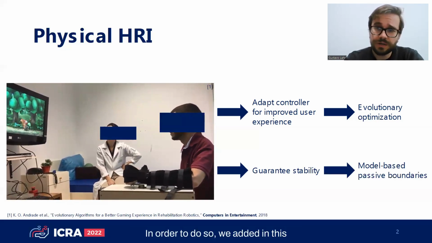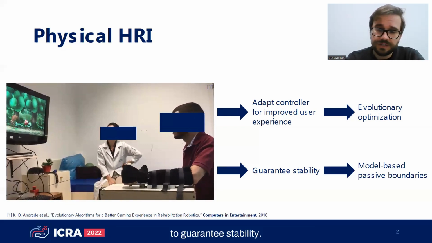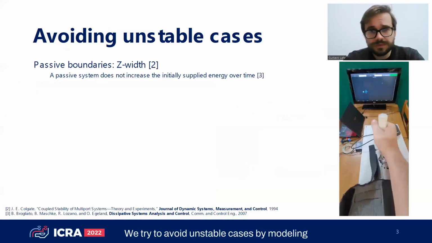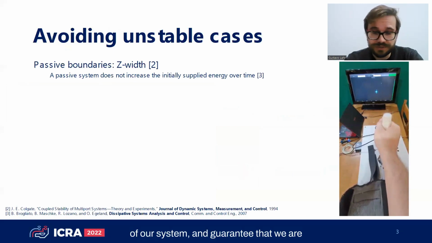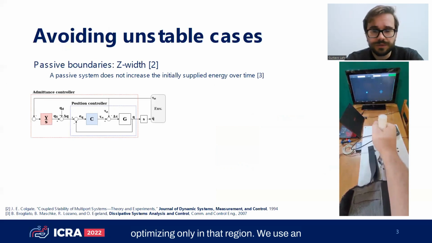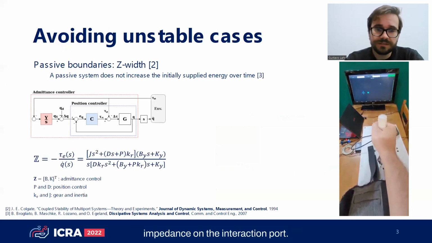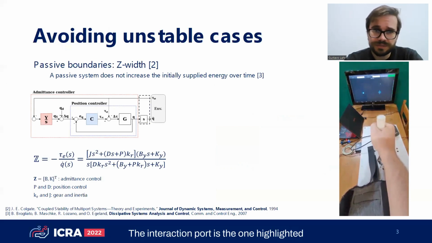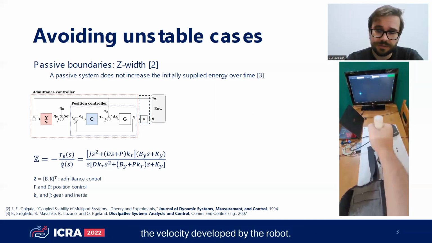In order to do so, we add model-based passive boundaries to this evolutionary optimization to guarantee stability. We try to avoid unstable cases by modeling the Z width of the controller of our system and guaranteeing that we are optimizing only in that region. So we use the admittance controller and we model the impedance on the interaction port. The interaction port is the one highlighted, for the torque exchange between the user and the velocity developed by the